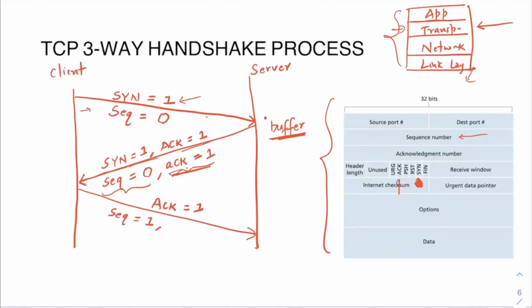And then it will also acknowledge the packet that the server has sent, and it will update the client acknowledgement number to 1 here. Again, one more question will arise in your mind: why has the client acknowledgement number become 1, even though, if you see, the server has not sent any data? So why is the client telling the server, okay, the next byte that I expect from you is the first byte, right? That's how the TCP three-way handshake works. Both client and server assume one dummy byte of data in the whole three-way handshake process.